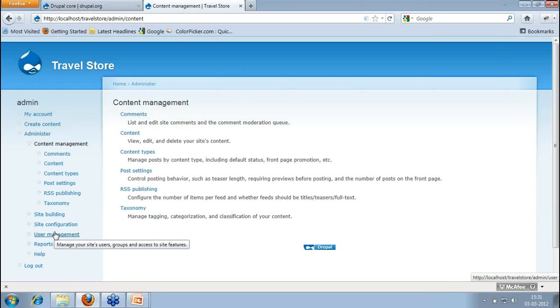User management is to maintain your users, what all users you have, what roles you want to define, what privileges you want to give, their username and password, and the other settings while creating a user, like how you want to handle email validation. The look and feel you are seeing right now is a default Drupal environment which has the Garland theme. We'll see how to change that as well.